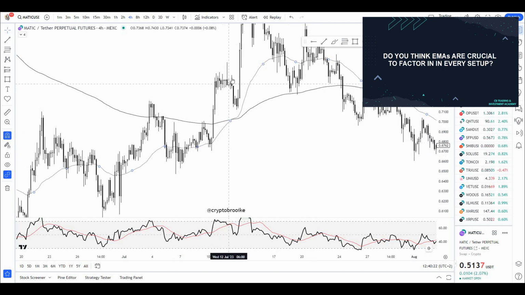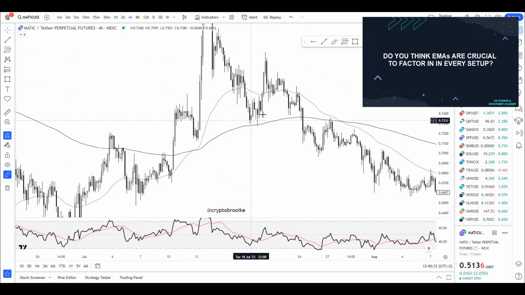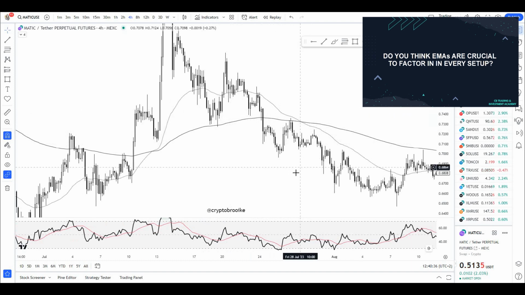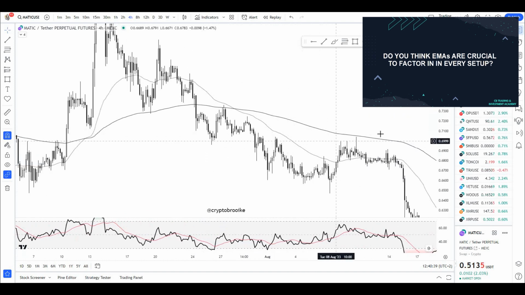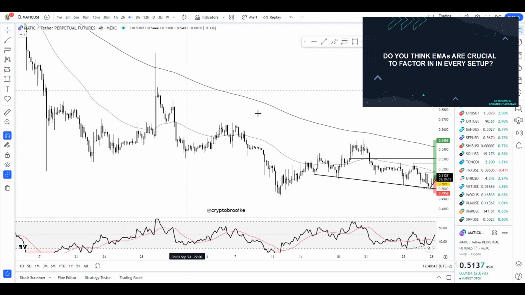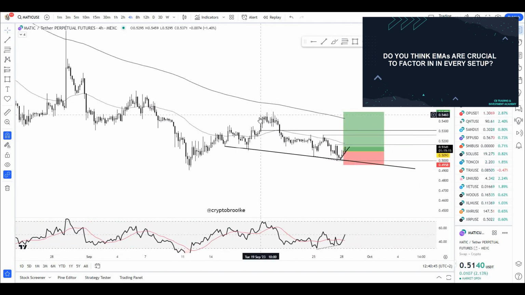So once it breaks out of or through the 200 EMA, you'll see it then act as support. That's why I like the 200, because it's a strong indicator. So yeah, I personally would never leave it out when trading, but